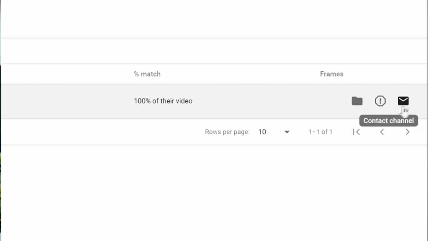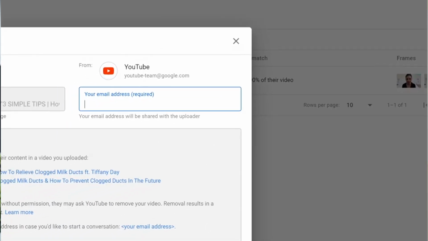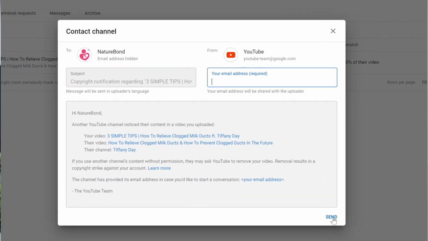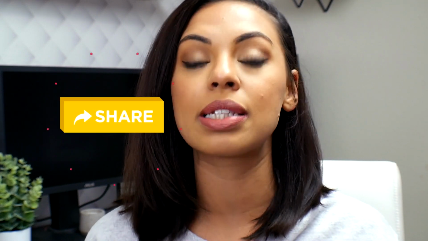The second option the person has is to contact you directly and ask you to remove your video. If they do this, they are being very nice to you, and if you remove the video before YouTube gets to it, then you will avoid getting a copyright strike. But again, you can't use the work because the person has asked you to take the video down. If you try to ignore the request, they're just going to go to YouTube, your video will be taken down, and then you will get a strike.